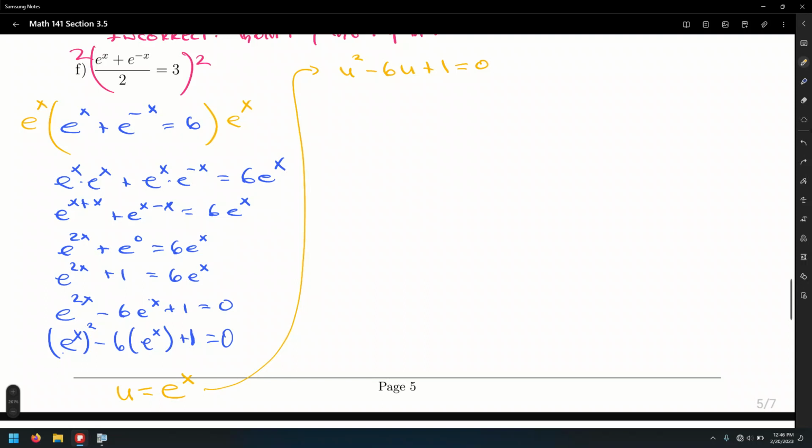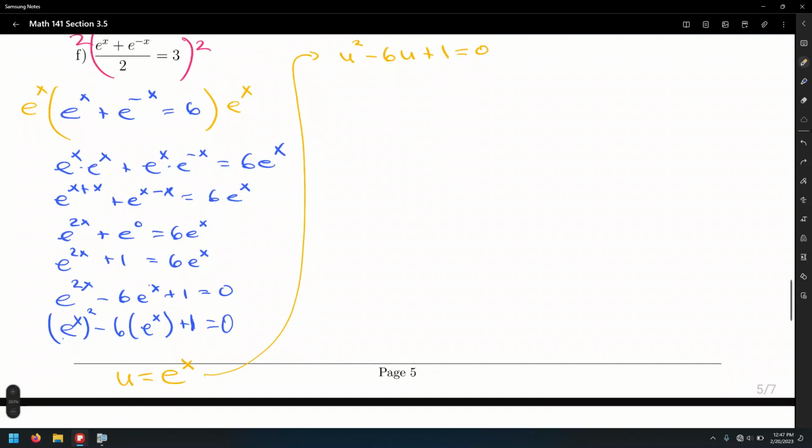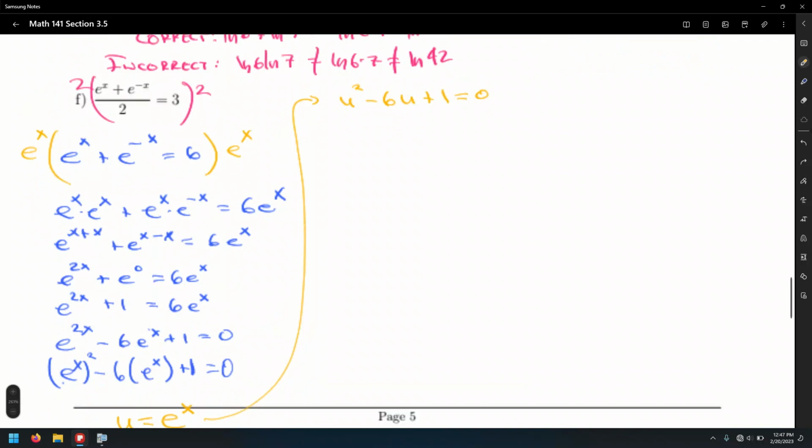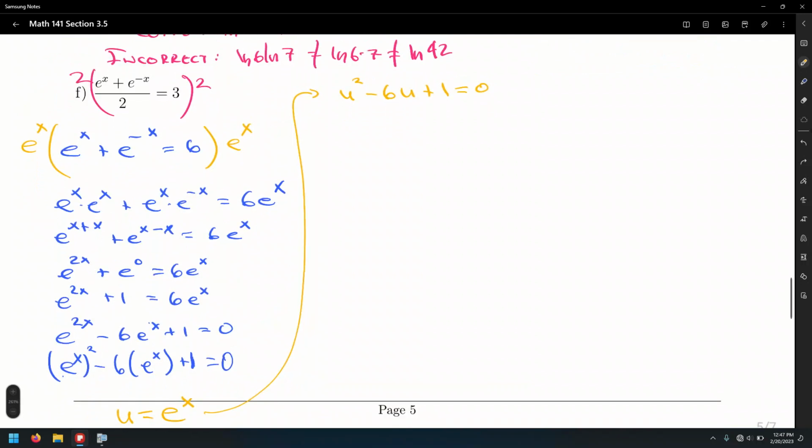In none of the cases do we get -6 as a sum. So completing the square perhaps? No, that's kind of madness. It's a fun thing to do, but I don't want to do that. So the quadratic formula would be a good way to go about it. However,